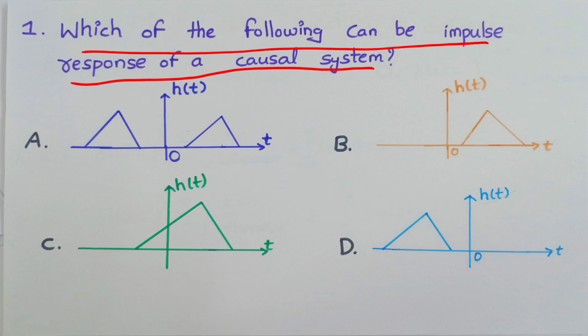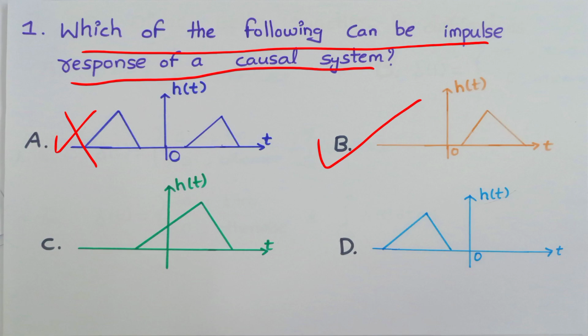Observe, in option A the impulse response is present on both positive and negative time axis. So option A is not the correct one. In option B, the impulse response is present in only the positive time axis. So option B is the correct one, because for the causal system, the impulse response should be in the positive